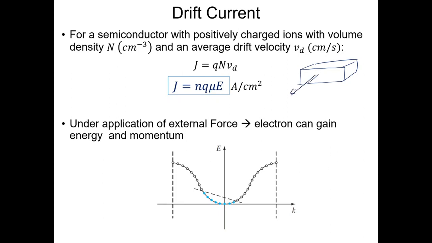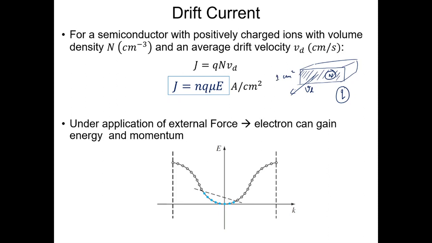And let's say this volume has n number of positively charged ions, and on each ion the charge is q, and let's say they are moving with velocity vd, which we call the drift velocity, through a cross section which is this, and let's say this is 1 centimeter square,